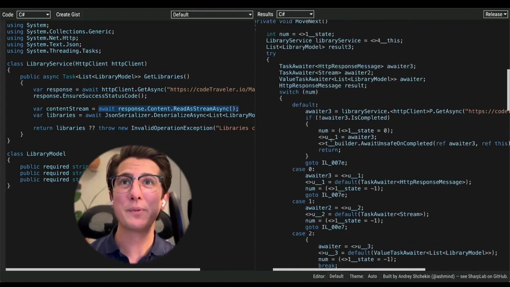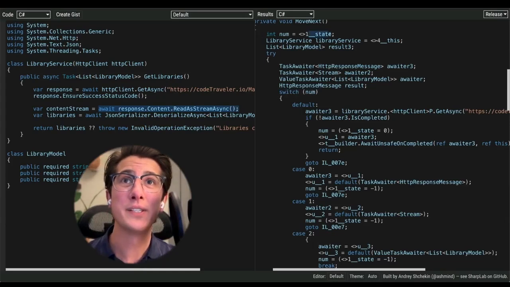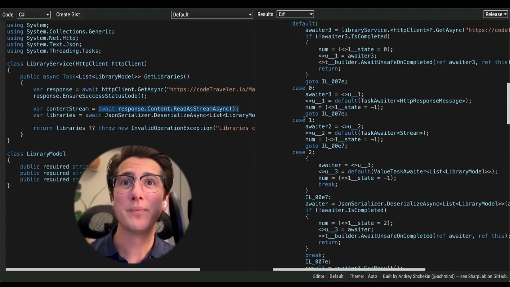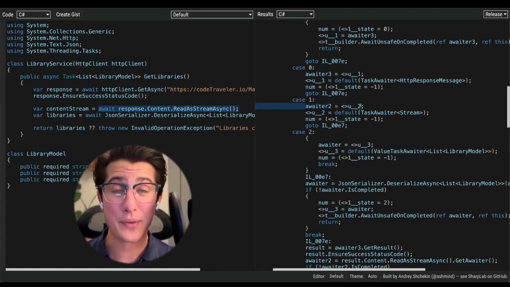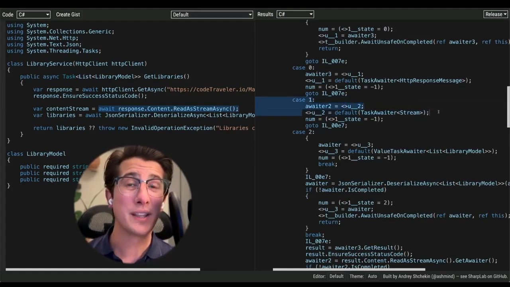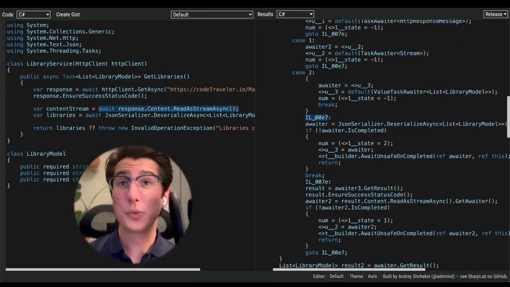The calling thread jumps back in here, but we're now going to switch onto case 1 because again, remember, we set state to be the value of 1 before we left. So we jump back into case 1 where we assign our local variable the value of our field. We set the field back to default to help optimize our code a little bit. And we set our state to be -1 before we move on, just like last time. So we'll jump down to